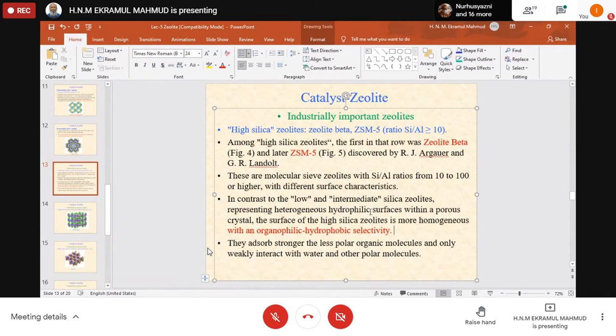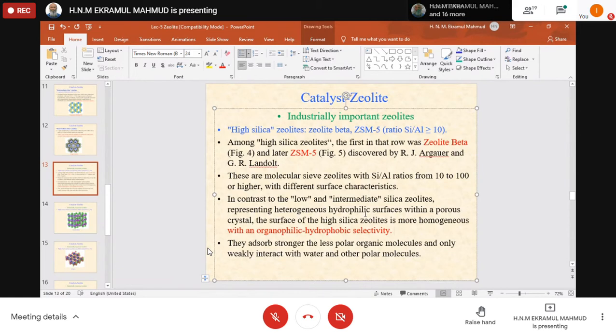And then if it is low silica, follow me. If it is more hydrophilic, that means it's loving hydroxyl groups or water molecules, whereby we see that the hydroxyl group is attracted by this zeolite, and for this it has different characteristics. It can be suitable for some reactions, may not be suitable for some reactions.